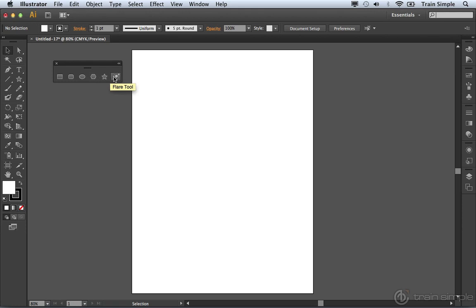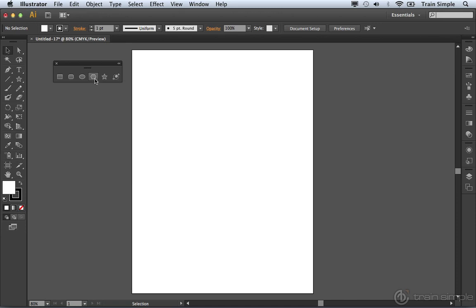applies to all of these tools as well, such as the Option or Alt key to drag the shape out from the center, the Shift key to constrain it, the space bar will allow you to move the object as you draw it. With that being said, these tools do have some unique characteristics, and I'd like to share them